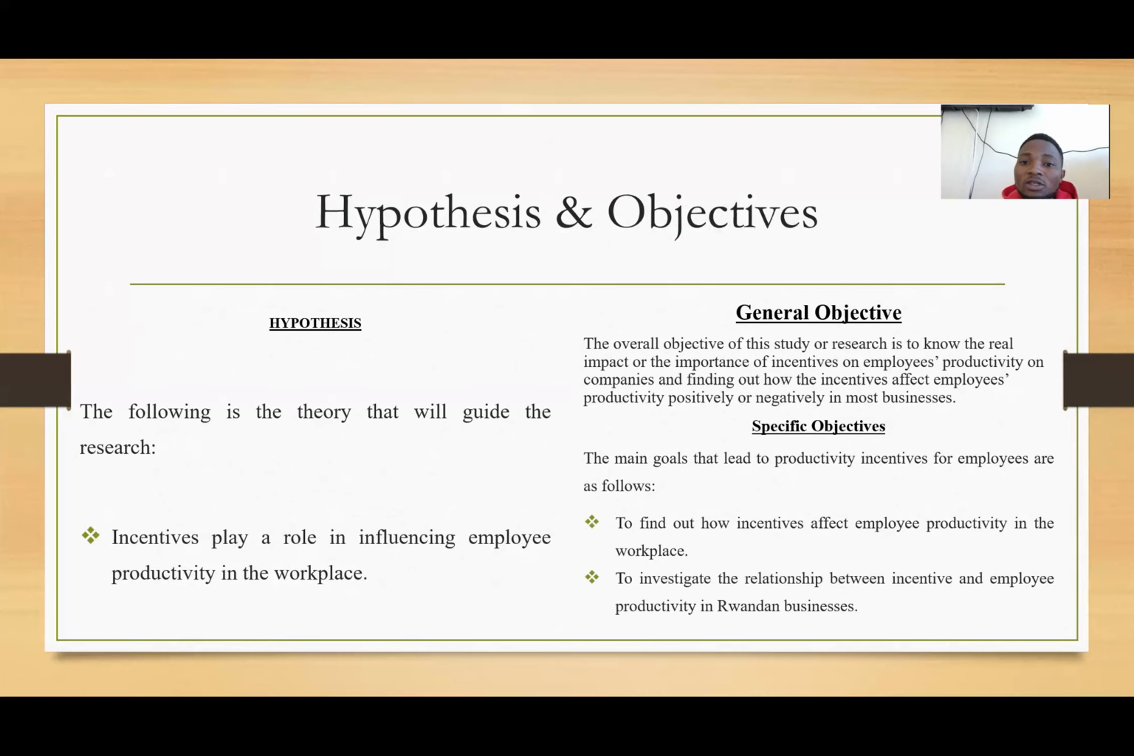Let me talk about the general objectives. The overall objective of this research is to know the real impact or the importance of incentives on employees' productivity in companies, and finding out how the incentives affect employees' productivity positively or negatively in most businesses. The specific objectives, the main goals that lead the productivity incentives for employees, are as follows: to find out how incentives affect employees' productivity in the workplace, and also to investigate the relationship between incentives and employees' productivity in Rwandan